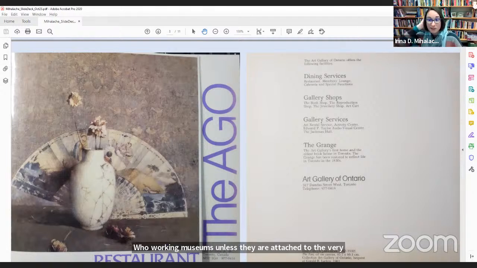I would also make an argument, that maybe it's a little bit bold, that probably many people who work in museums in jobs that relate to traditional roles in museums would probably not think about the culinary team as being their peers or as having the same role in doing museum work. And that's something that I want to challenge through my research. I want to make space and advocate for the stories and the contributions of people who are cooking in museums as being museum professionals as well as culinary professionals. So my second